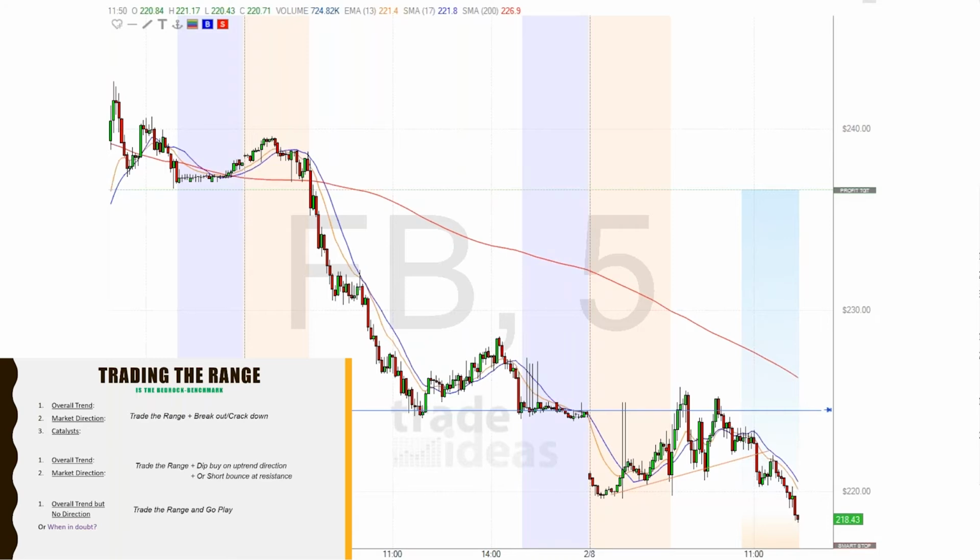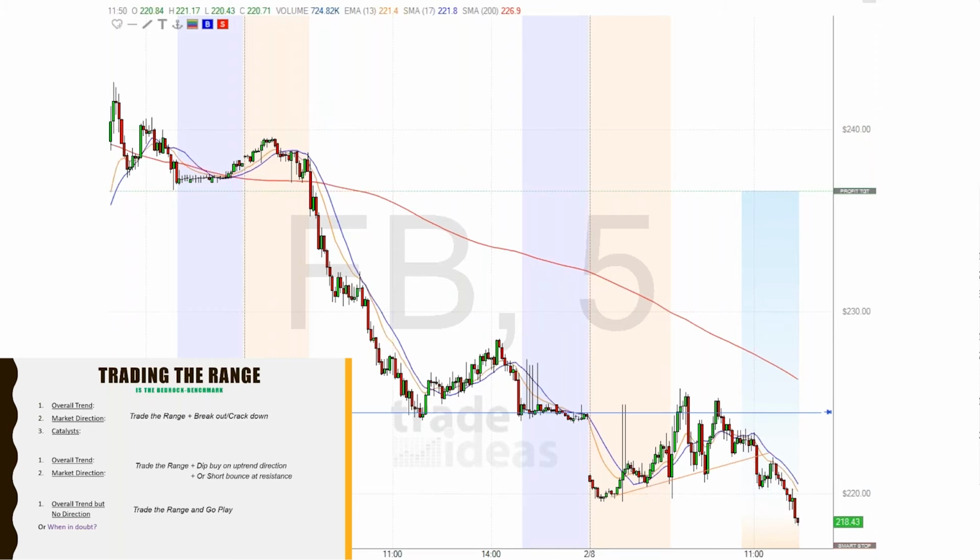Okay, so at this point we go down to this number 2. Here we have the overall trend is down, the market direction is up. So we need to trade the range, and we can buy the dip on the trend and short on the bounce to resistance. Again, this is not a blueprint, folks, but at least it gives us some idea. We can be flexible,